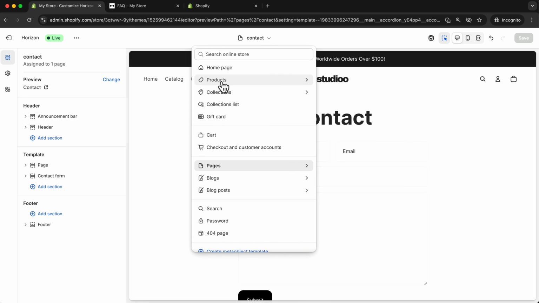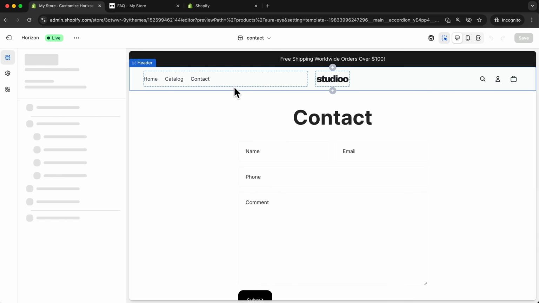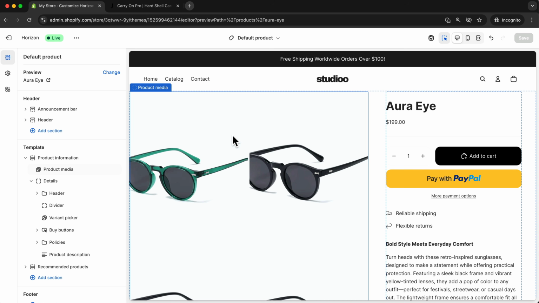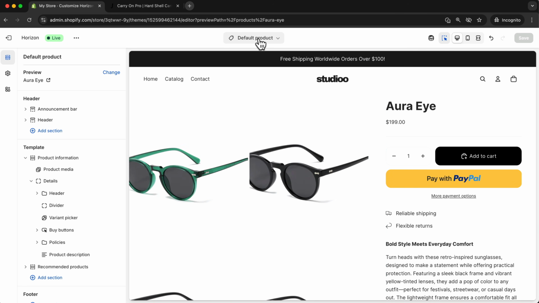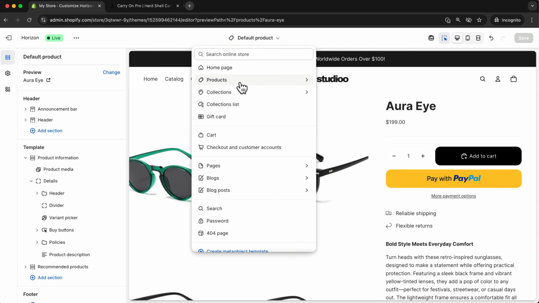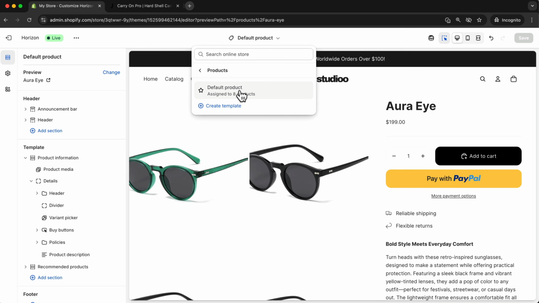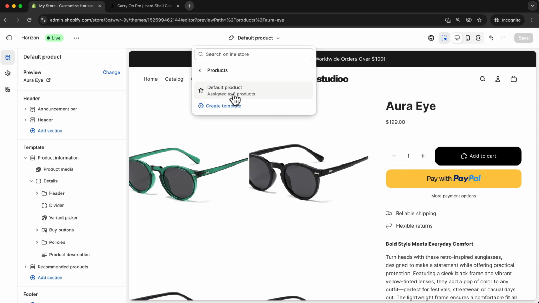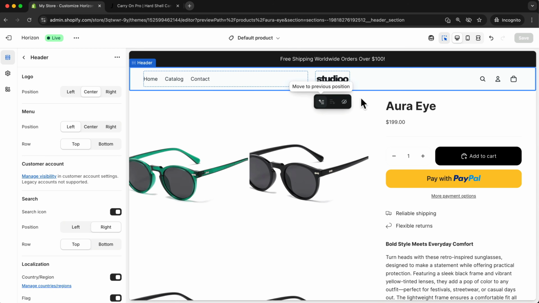So you want to click on Products and then click on Default Products. Okay, so right now we are on a product page. What we are actually editing is the product template. We have one product template and we're editing that. It's going to be assigned to the 8 products which are basically connected. I'll talk a little bit about creating templates in a minute, but right now we can edit the default